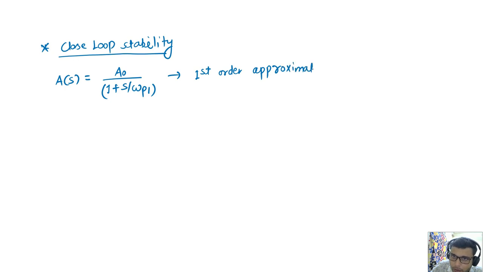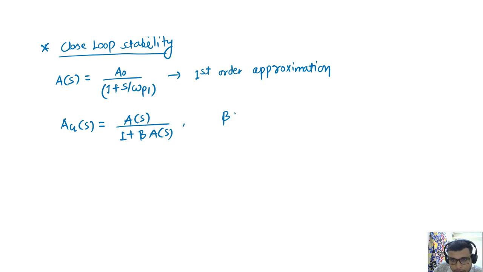Even if you want to include the zeros also you can do. Then for the closed loop transfer function we can directly go for this as A over 1 plus beta A, where my beta is, let's say, half or whatever the factor due to the resistor divider. From here we can see closed loop stability of the first order system we have seen in the previous CTQ